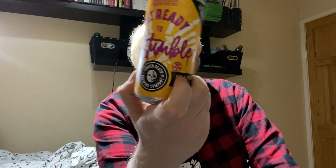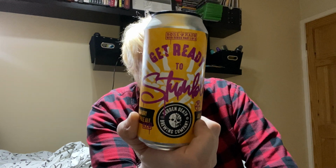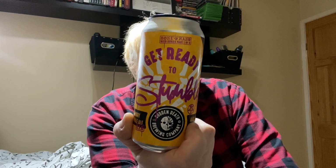So, for today's entry, we're having a look at the Get Ready to Stumble Pale Ale, which is clocking in at 5.5% ABV, and it's a double dry hopped pale ale. Let's see if they've got any additional information to provide. Get Ready to Stumble, double dry hop pale ale. Hashtag serving the savage. And yeah, the bone